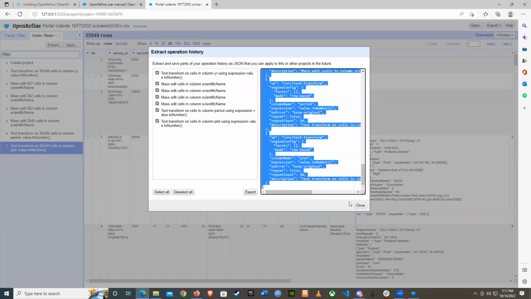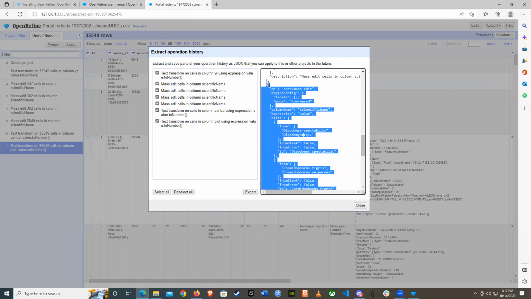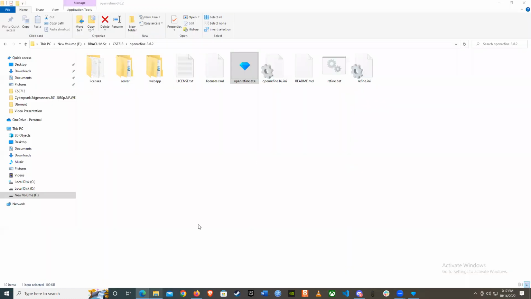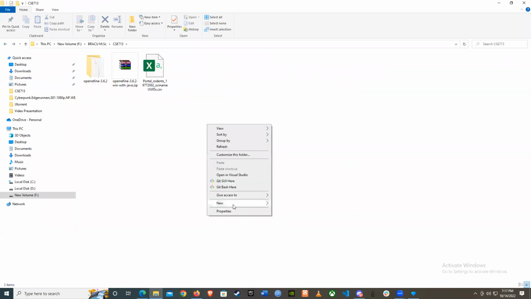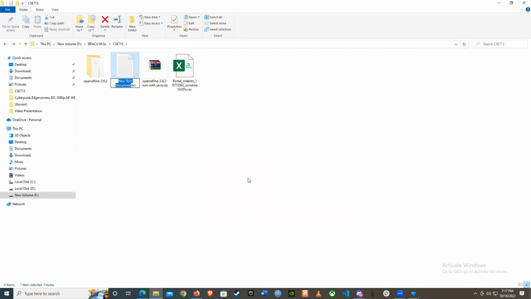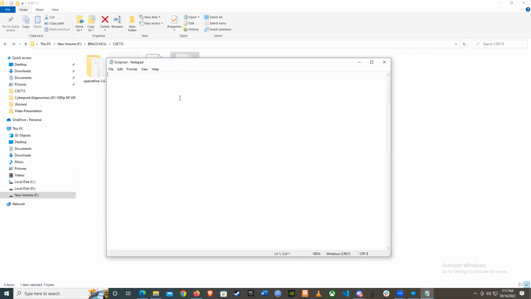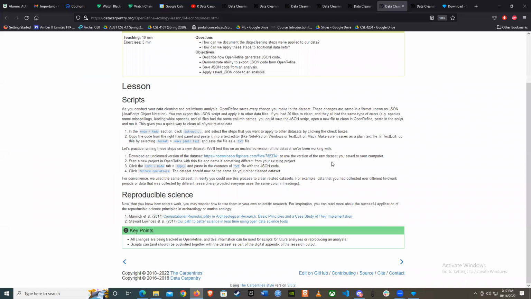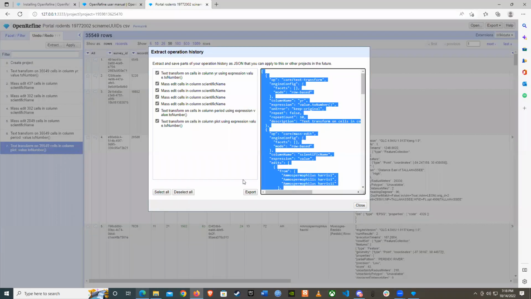So what it will help with: if I copy this and save it into a notepad file, a new text document, name it script, open it and paste the script here, Control S. If somehow my electricity is gone, or I need to do this whole process again on a new machine, what I will do is go to OpenRefine,